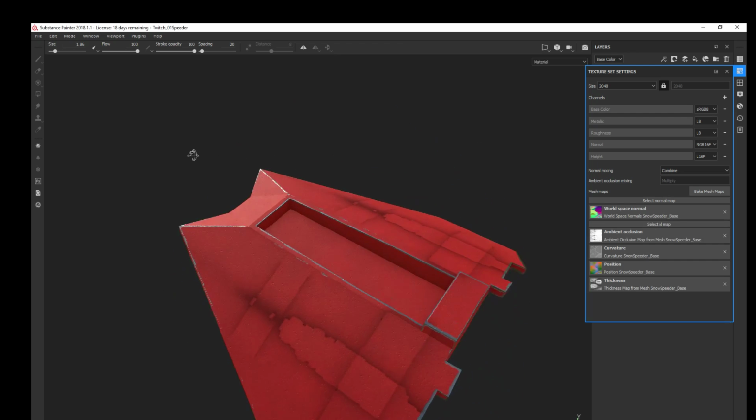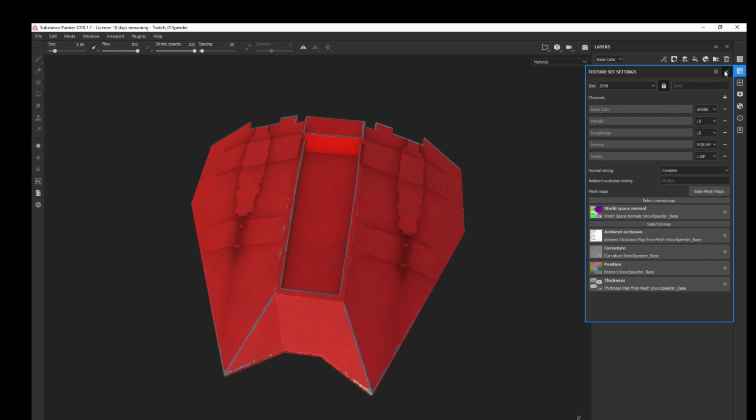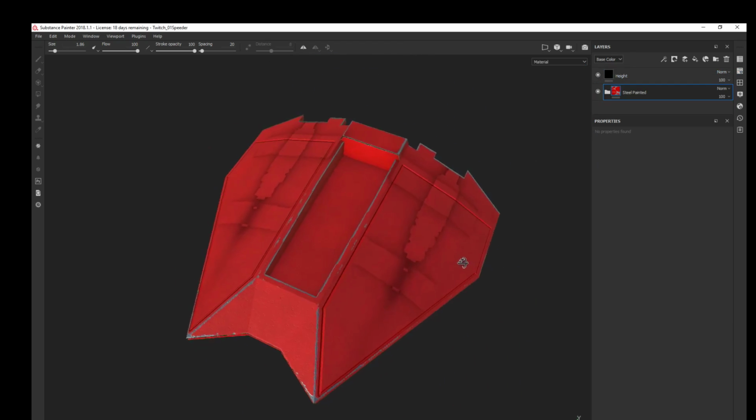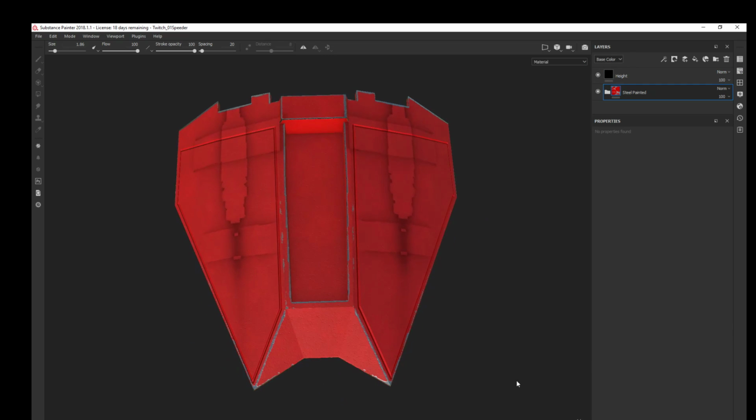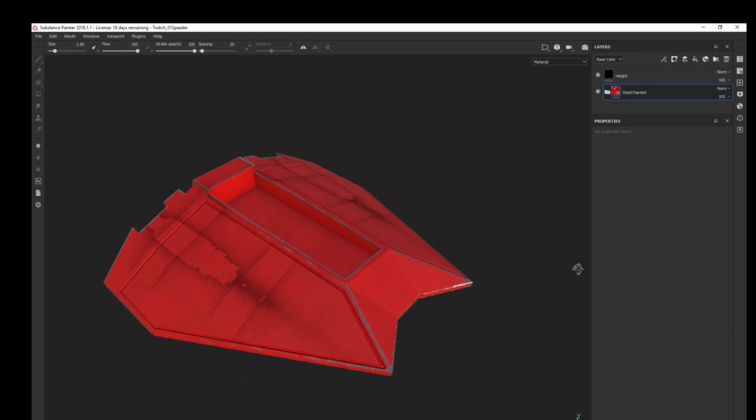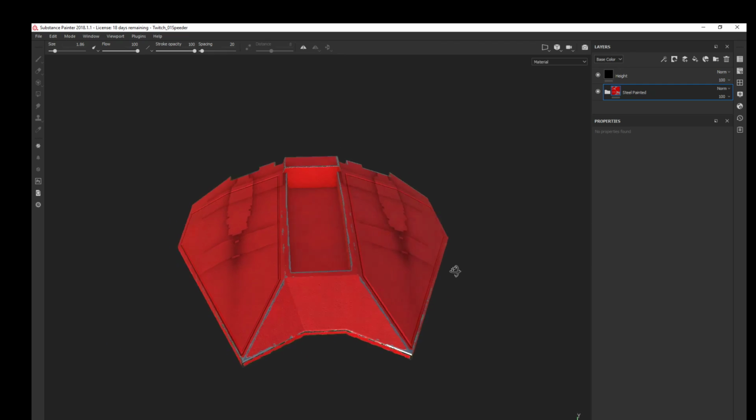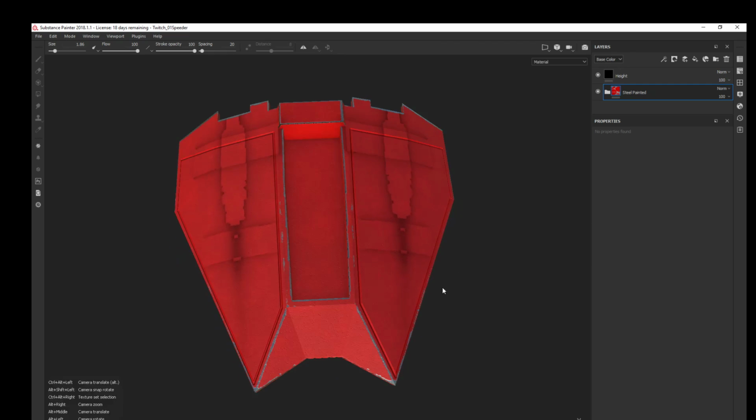And there we go. Now it's figured out where the edges are. Now, the problem is if I turn this back on, it's still not using this to calculate it. So for us to get the real features of this map or any of the controls we get inside of Substance, what we really need to do is take this texture and make this part of the normal that is